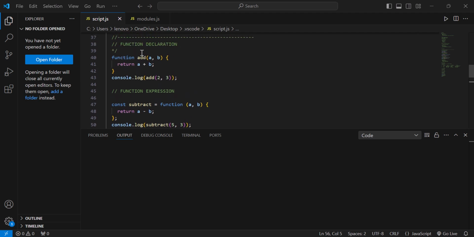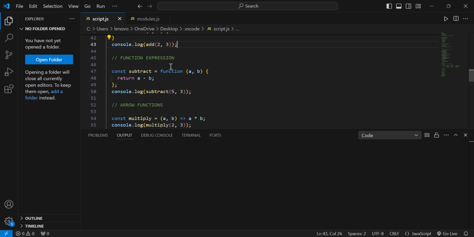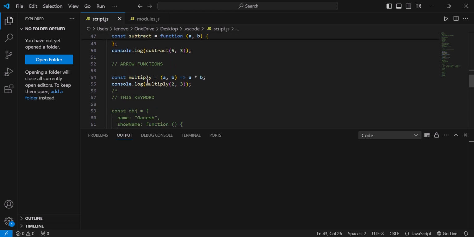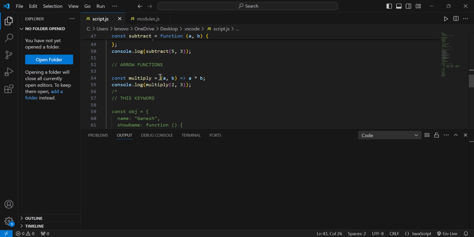See, we have declared the function here with a return and console log for giving the output. And now function expression. A function expression is a function which is stored in a variable. And arrow functions. Arrow functions are a concise way to write functions. They do not have their own